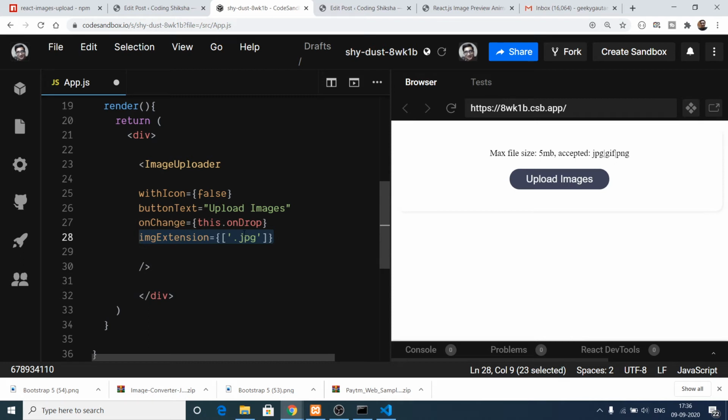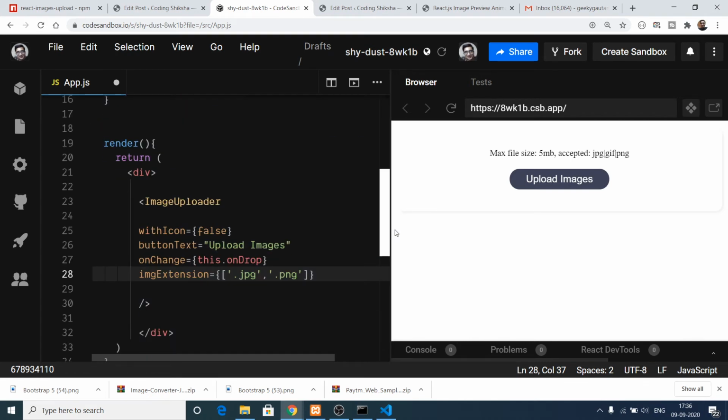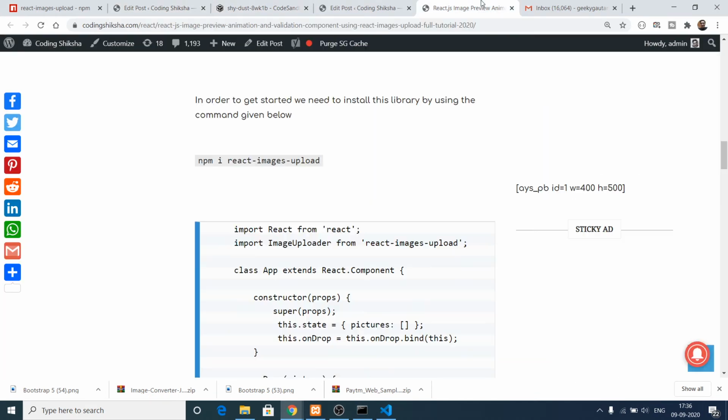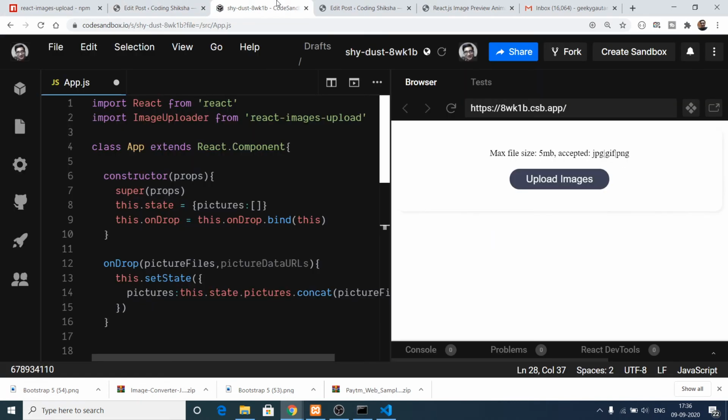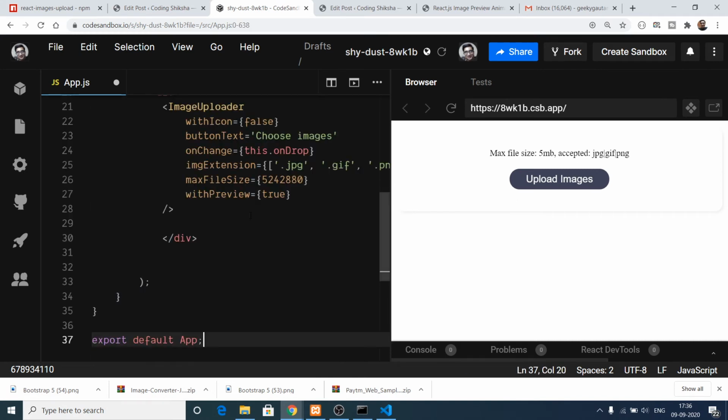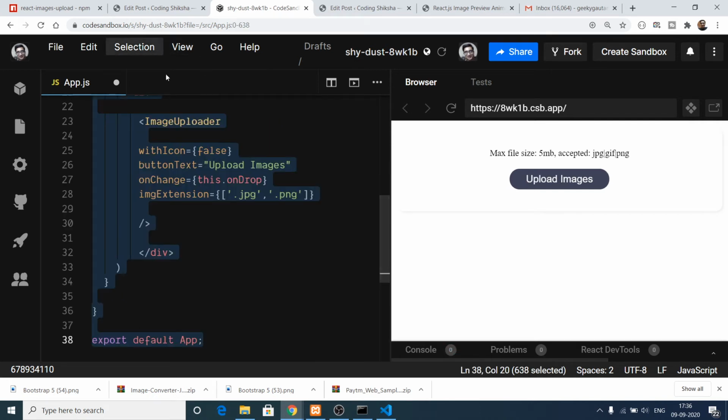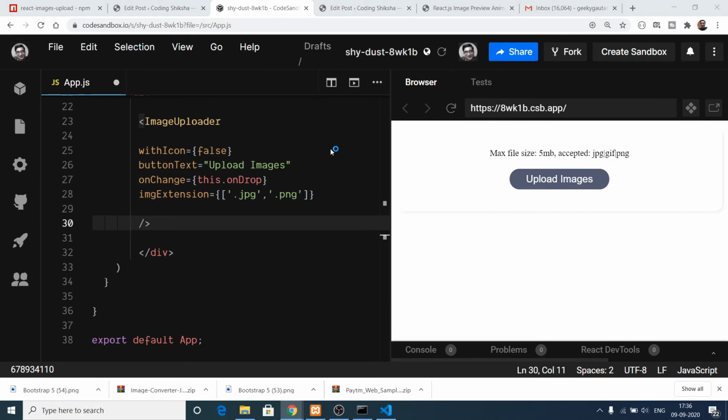Oh sorry, we need to provide PNG inside here. So here we need to provide all these extensions. If you don't provide this, this will not work. So why is it not doing this? Let me just see. If I go to my blog here, let me just copy this, and here let me paste it. Oh sorry, I forgot one option. That is why it is not showing the preview here. If I upload any sort of image, you are not seeing a preview because we haven't set that property.